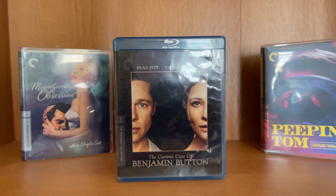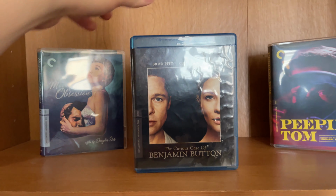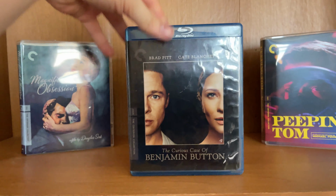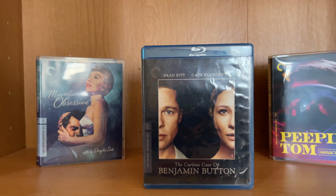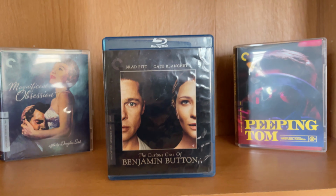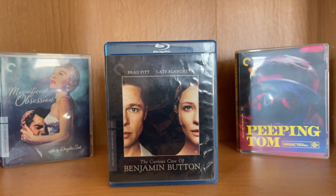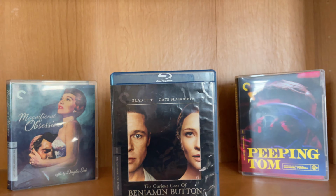And yes, this is obviously the most standout out of all the Criterion Blu-rays that were sold, because this is the only one, as of 2024, out of all the cases, this is the only physical case from Criterion that is a normal Blu-ray case instead of something else. Now, obviously, a lot of people know David Fincher's movies have a weird way when they release some of their films on Blu-ray, like The Social Network, The Girl with the Dragon Tattoo, and even Gone Girl, which,